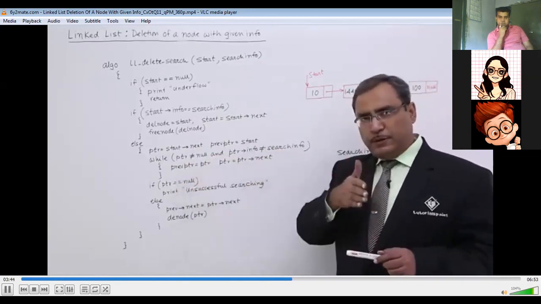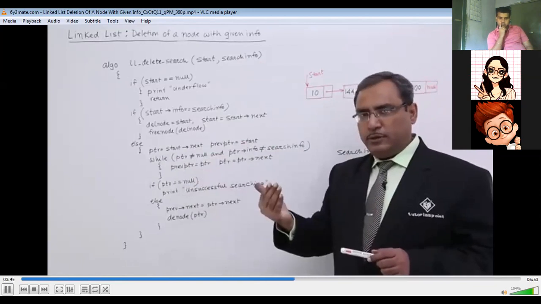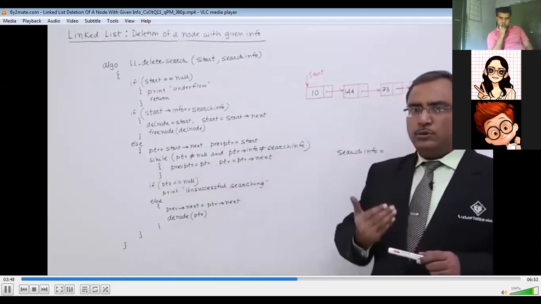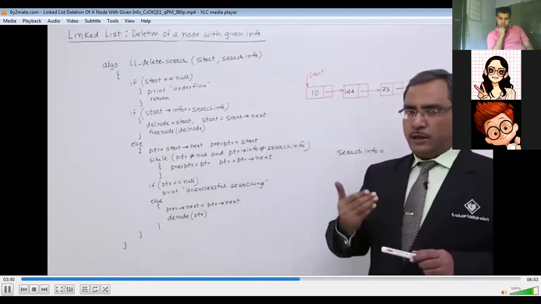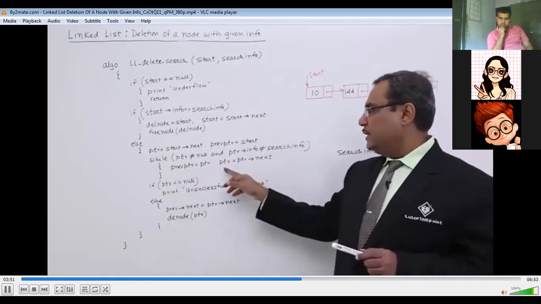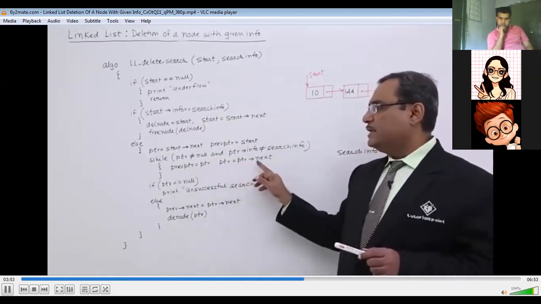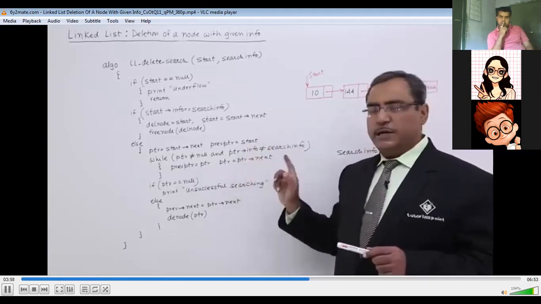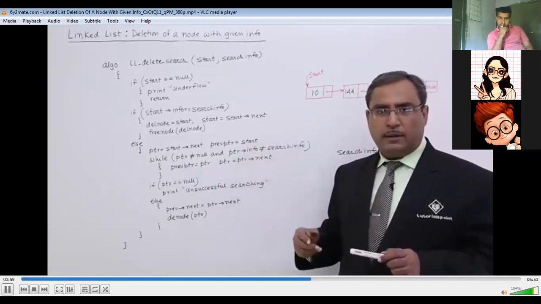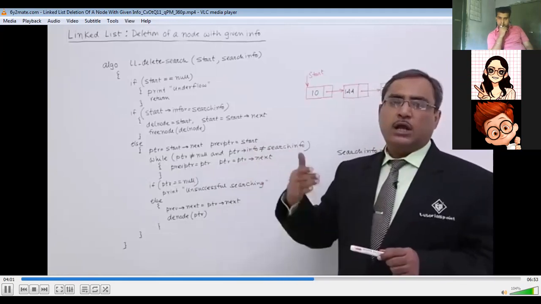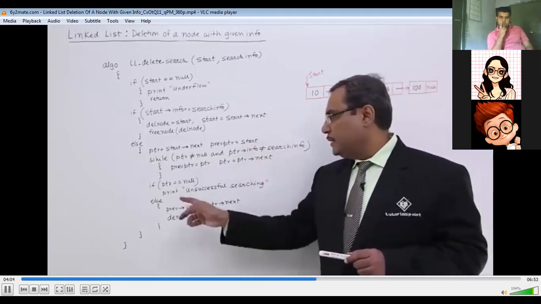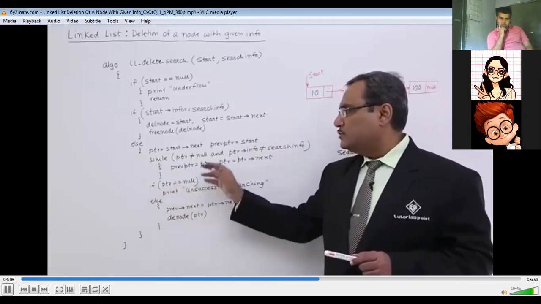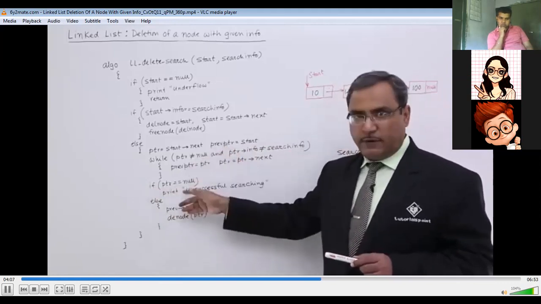So prevPtr will advance to the ptr place, and ptr will go to the next node address. That is ptr is equal to ptr->next. In this way, it will execute. We know that prevPtr cannot be null, only ptr can be null, because ptr is ahead of prevPtr. So if ptr is equal to null, it has exited from this while block.